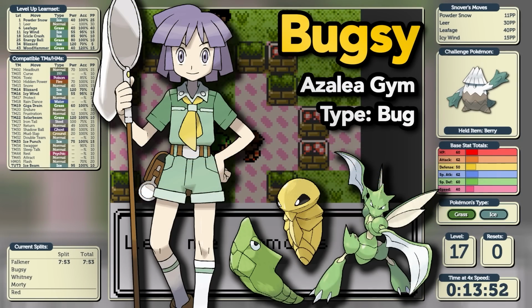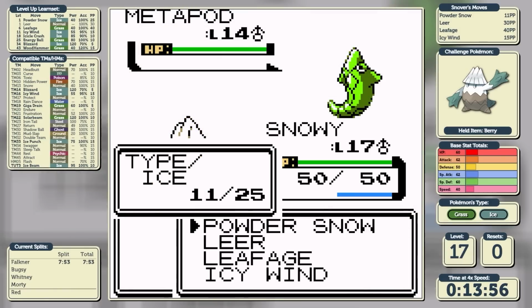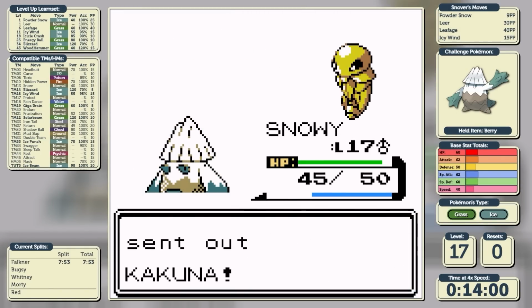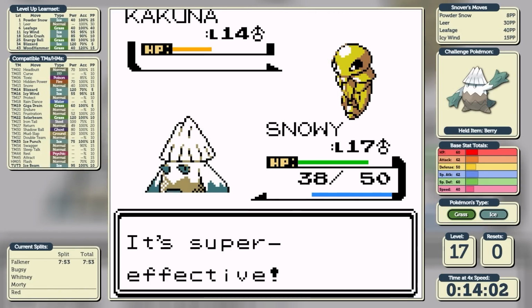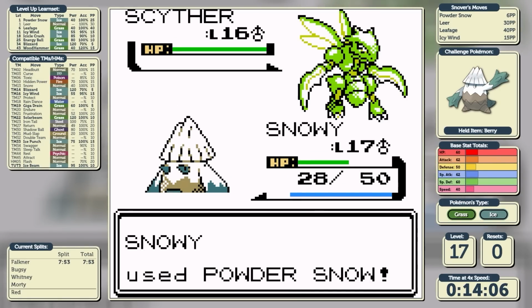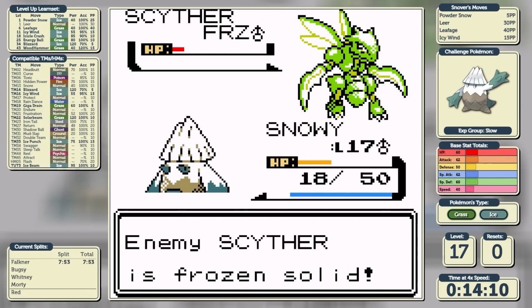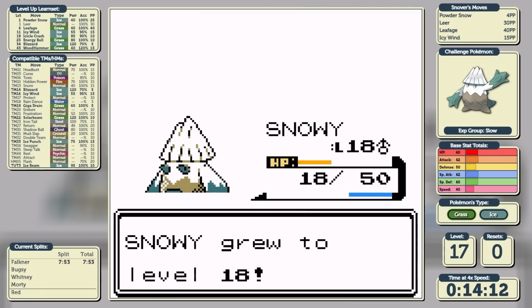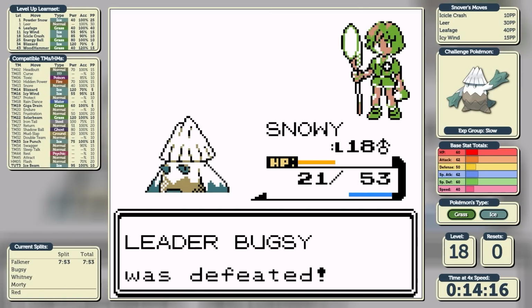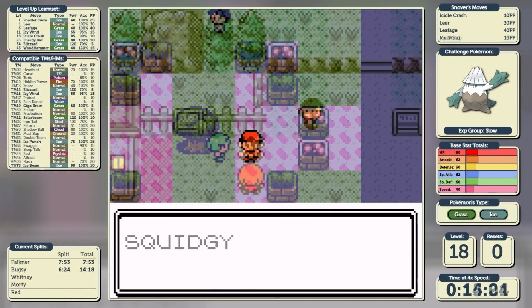Let's now move on to Azalea Town's gym where Bugsy is waiting for us. Bugsy's a bug-type specialist who leads with Metapod, and again it's 2 shots on the Metapod to knock it out. We are going to be weak to Kakuna's Poison Sting, however we don't get poisoned. And then the Ice type is showing its advantage in early game straight away again. We get taken down to 8 HP, but we freeze the Scyther, we knock it out with a 3rd Powder Snow, and we get the option to learn Icicle Crash. That is a very, very strong Ice-type move with a chance to flinch, and we'll be seeing that in the